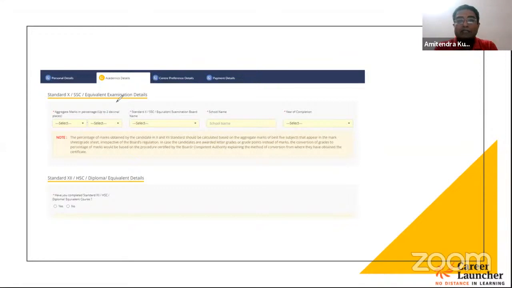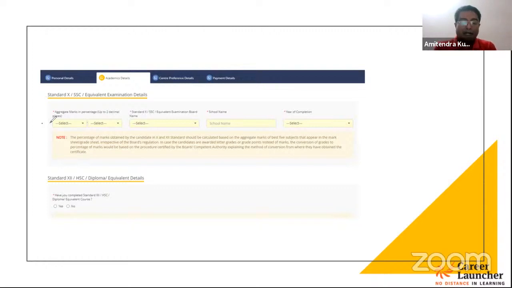First thing is to submit your marks, the aggregate marks in percentage. For example, if you appeared for the board examination with 6 papers and the maximum marks for each paper is 100, that will account for 600 marks.